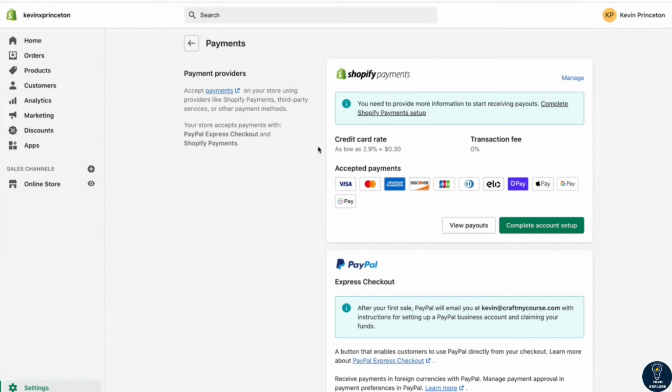So if you're in the US, you can sign up for Shopify Payments by clicking this button here or this button here. Both of them will bring you to the same page. I'm going to pause real quick and address all my students who are not in the United States. If you're not in the United States and you don't see Shopify Payments, what you can do is go to